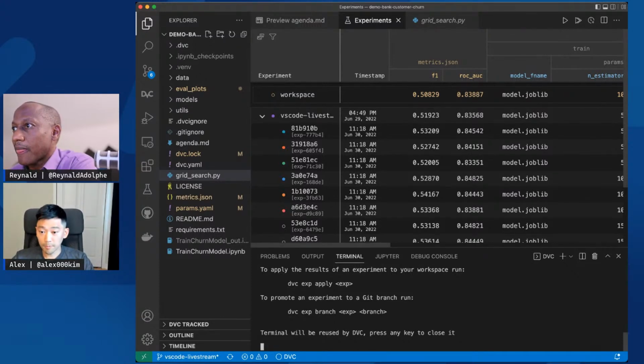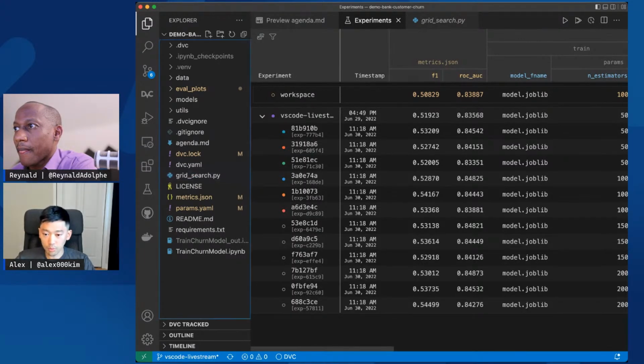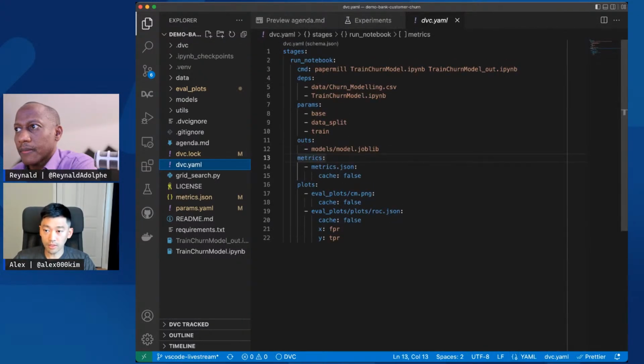Right. That's a very good question. So assuming that you've experimented with your notebook already, so you have some prototype of the model, it may not be the best performing model. It's as simple as creating what I have here, which is a DVC pipeline.